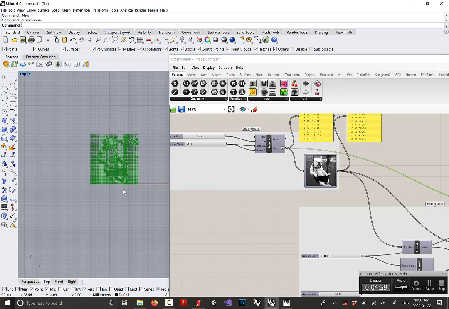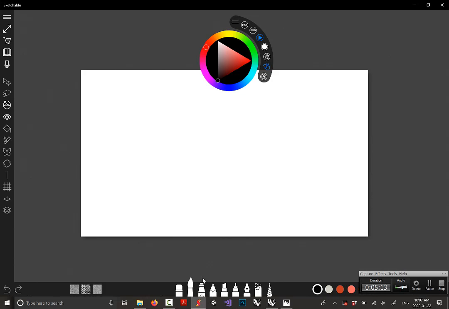Herzog and de Meuron do lots of these Benday dot patterns. One thing I want to do before we go into Grasshopper proper is for your assignment 2, again, diagram of intent. If you were going to use image sampling for assignment 2, your diagram of intent might